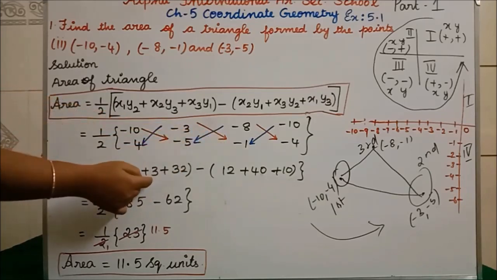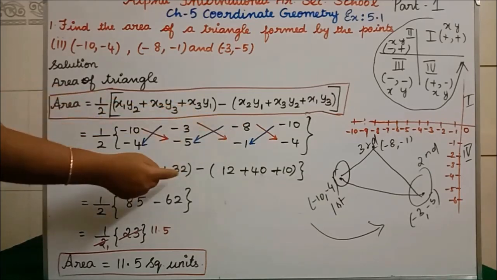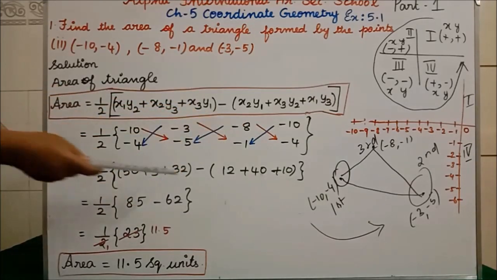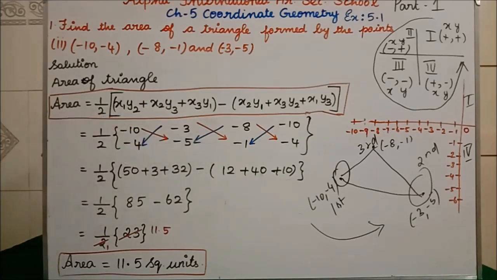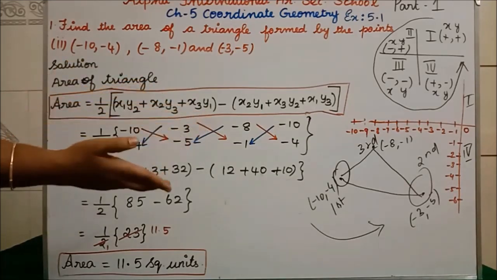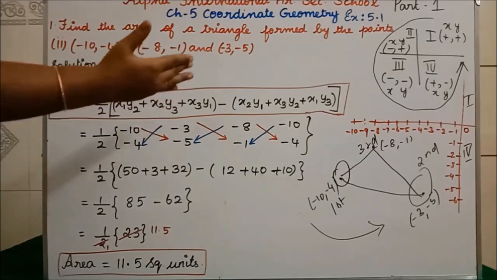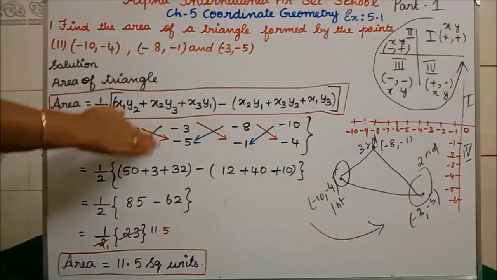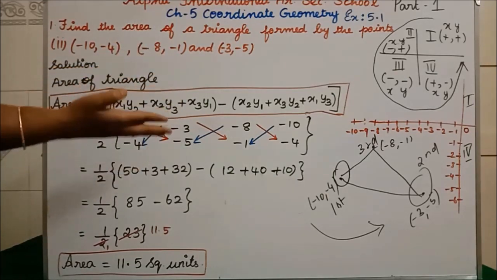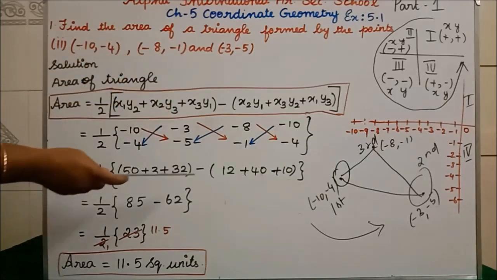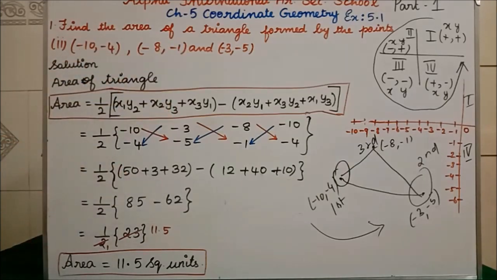Minus into minus plus 3. Minus into minus plus 32. Now in between you put minus, because red arrow mark has finished. Now we are going to start with blue arrow mark, isn't it? Blue arrow mark is in opposite side. So for everything we will get minus, so that minus we have written commonly outside.